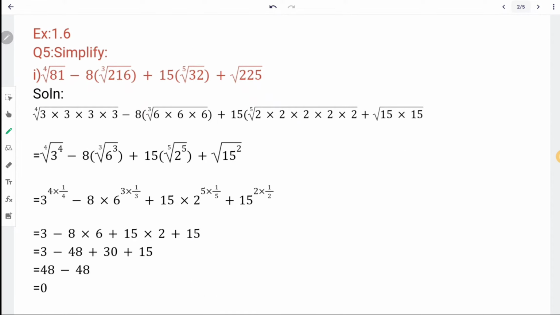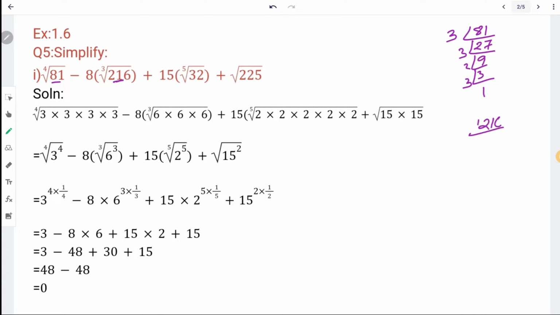Simply simplify. All right. So we'll look at this first: 4 root of 81. Before you solve this, we have to find the root of 81. So try to find all the factors of 81. Okay, then 3 2s are 6, 3 7s are 21, then 3 9s are 27, then 3 3s are 9, and then 3 1s are 3. So in place of writing this 81, we can write 3 into 3 into 3 into 3, 4 times. All right, same thing with this. You can see here the root of